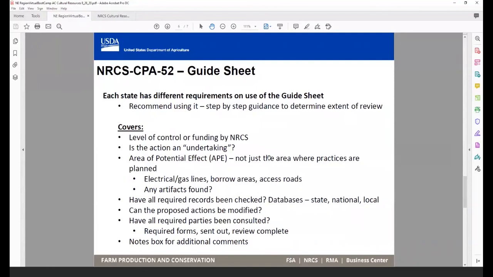And then we also have to document if we've checked all the required records, like the state and national registers. So those need to be reviewed. And then also a consideration if the proposed actions can be modified and have all required parties been consulted. And also, have all required forms been sent out and is a review complete? And then there's also a notes box for additional comments. So just wanted to cover the important required background that we need to evaluate